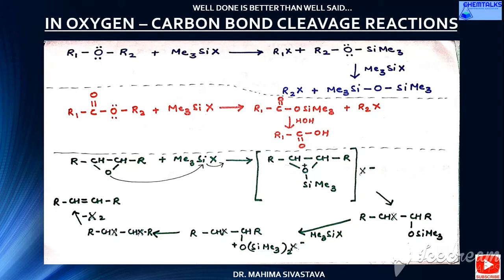Finally is the reaction with epoxides. So epoxides have an intermediate salt state whereby halide salts are formed as the product of the first step, and which finally proceeds at the end giving alkenes along with the halogen. So these are the three applications whereby oxygen-carbon bonds are broken, and respectively we get alkyl halides, acids and alkenes.